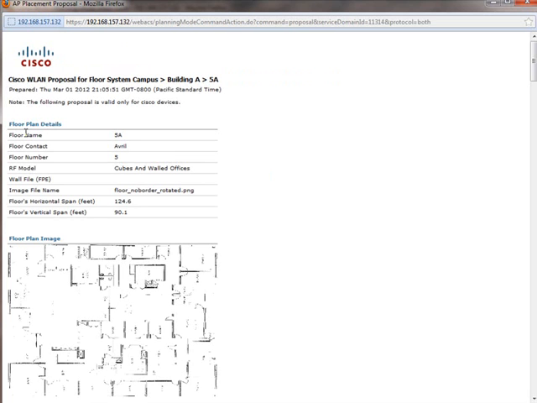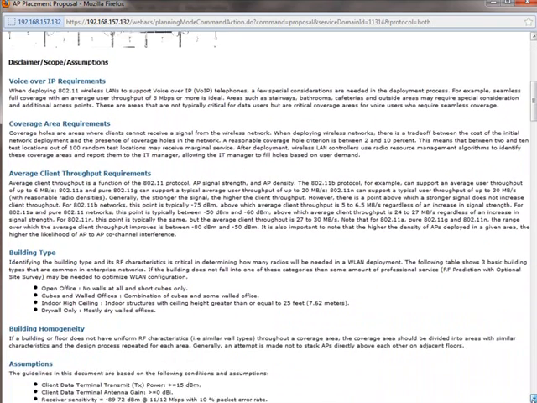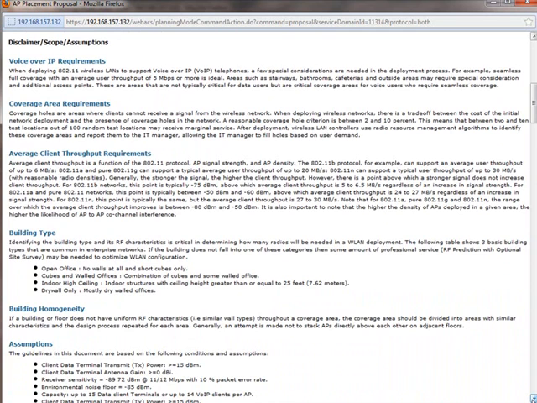And here you can start to see now it starts with the details, what I entered. So I'm planning the 5th floor in building A, and it's showing me the floor plan. And then beneath that it has some assumptions that I've made. So it talks a little bit about VoIP phones, talks a little bit about coverage, and also the client throughput. It explains